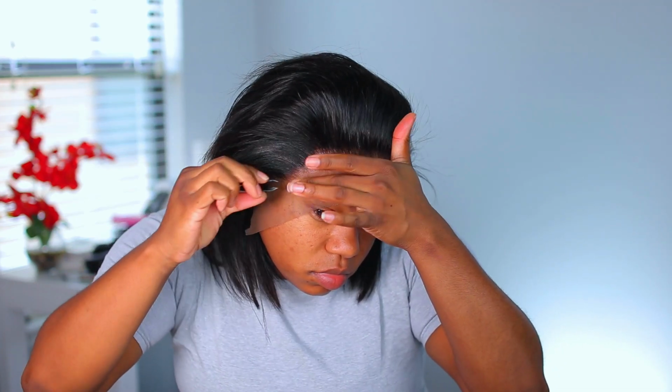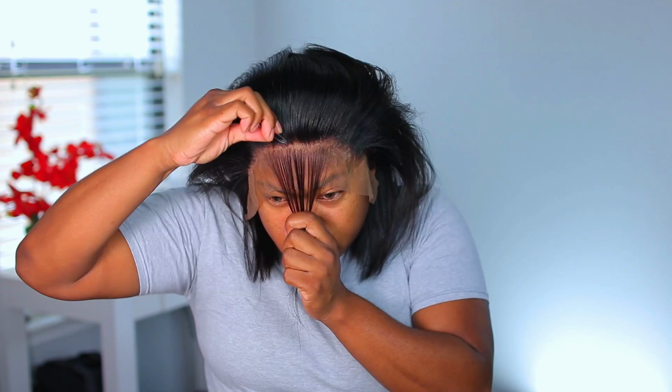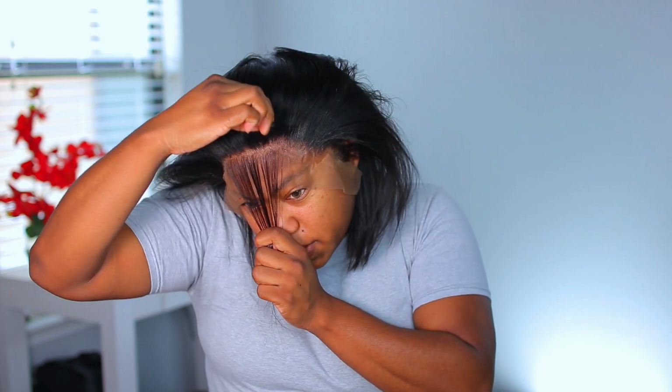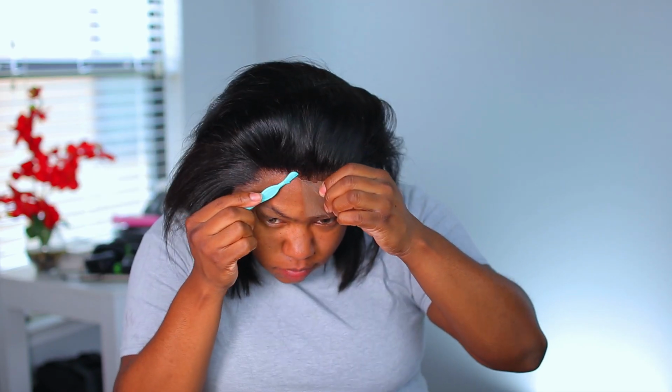Once everything is dried, I do like to pluck my units before cutting out the lace. I'm going to be plucking this unit about 3 times throughout this video. I'm never satisfied with how my unit looks after I pluck it, so I do just take my time to pluck my unit. After I plucked